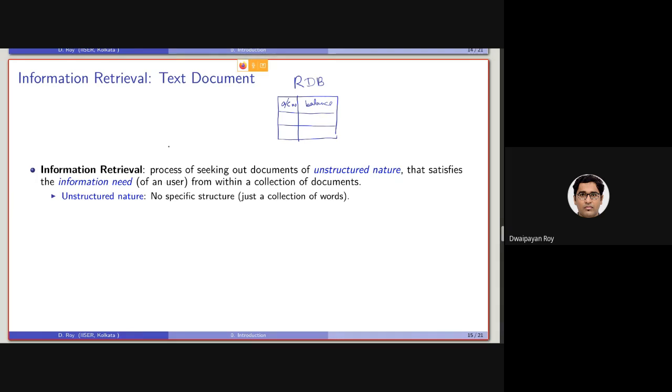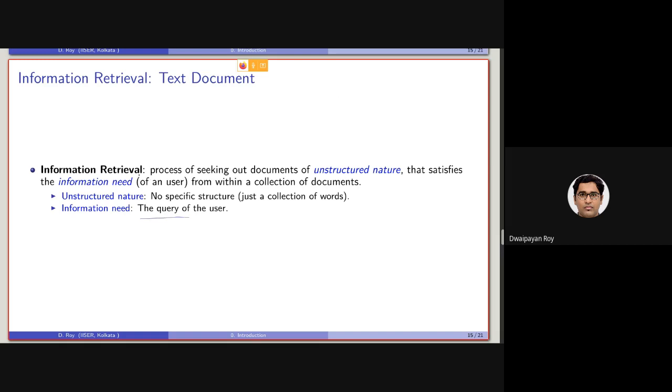But what I want to highlight here is this unstructured nature, which is no specific structure. So it will be just a free flow text, just a collection of words. And by information need, it is basically the query of the user.